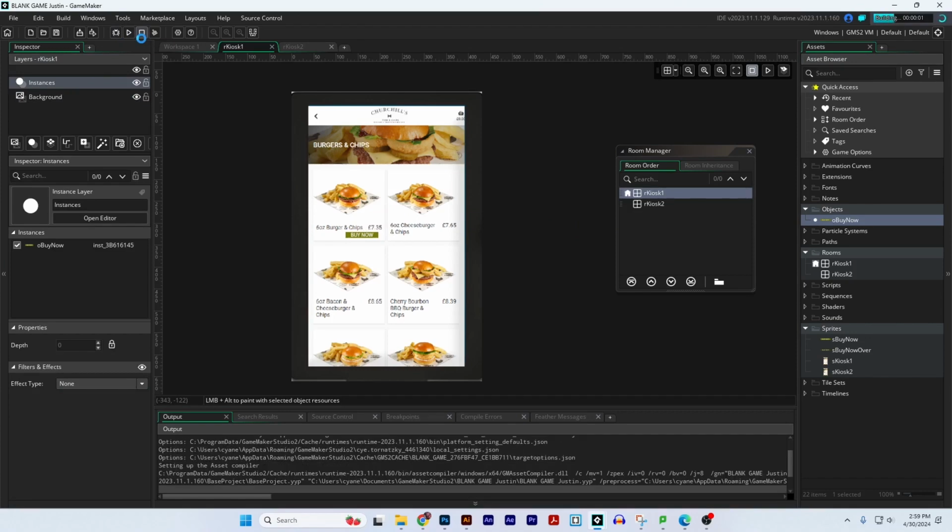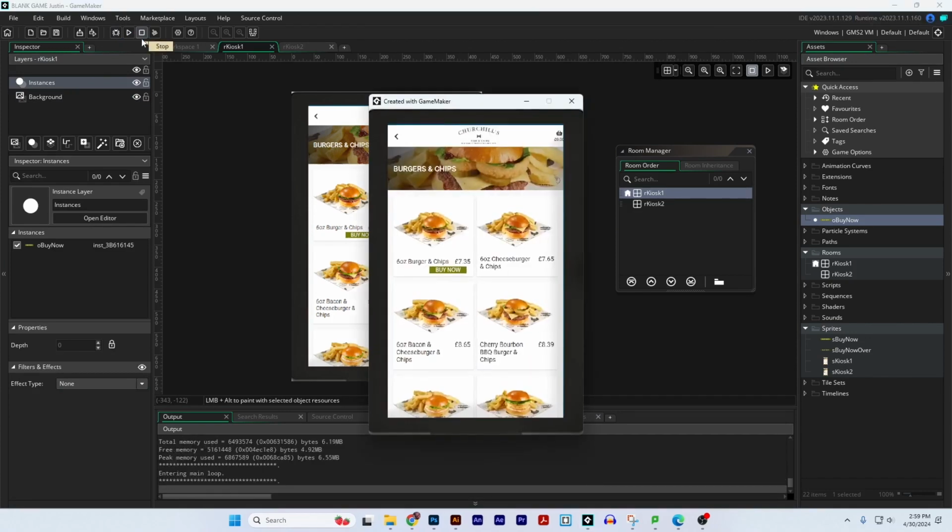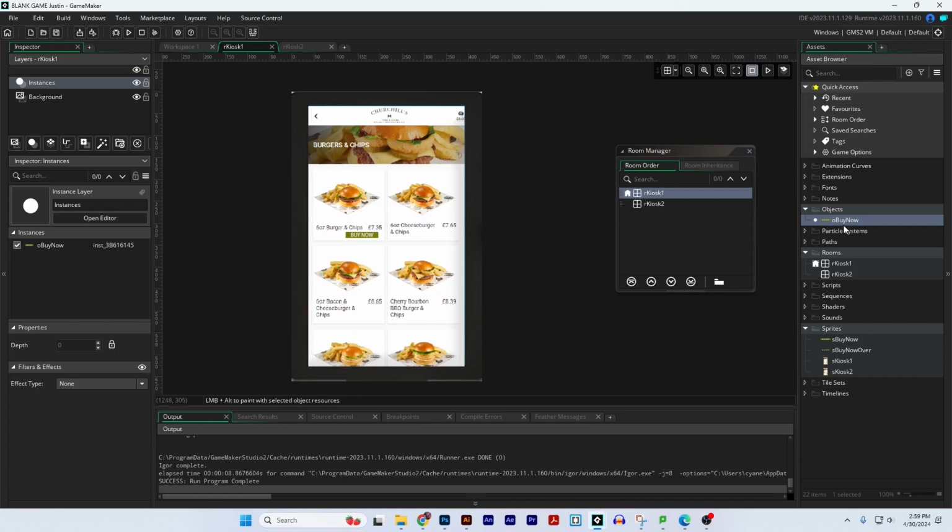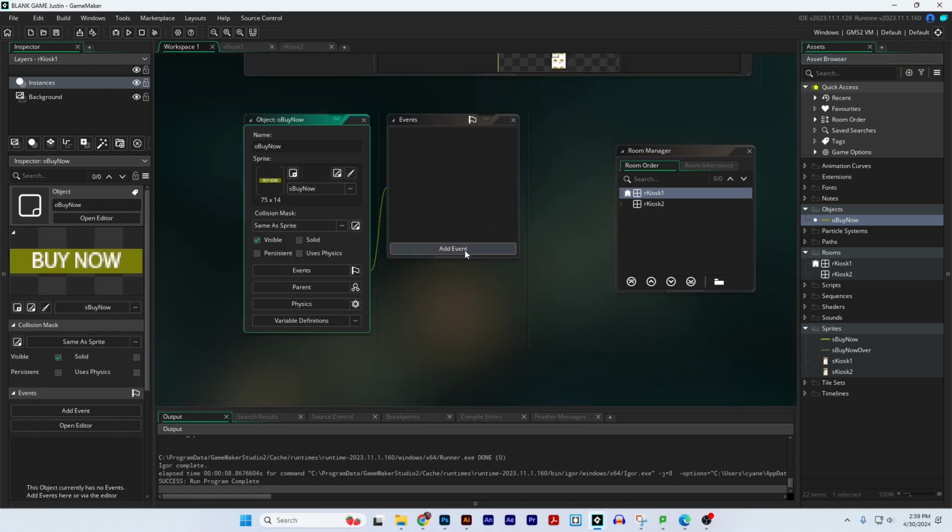Now if I run this, what do I have? Nothing. It doesn't look like a button at all. What I need to do is go to my object and add some interactivity. First thing I want is a rollover, so that when you go to the Buy Now, a second thing pops up, so that you have some sort of indicator that this thing is interactive. I can have it clicked on, but clicking automatically takes me to the next room. I want to give someone a chance to see what's going on and see what thing's a button or not. So the thing that works best is